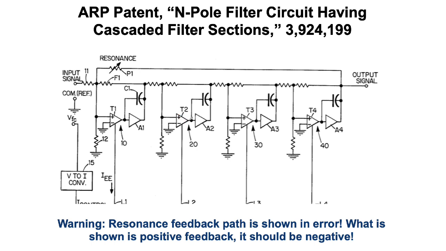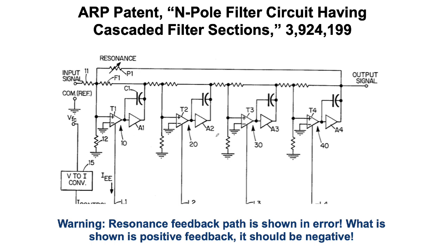The main difference is that instead of running the current output of the OTAs through caps to ground and then buffering that, here the capacitor is in the feedback loop of an op-amp. Now, don't be thrown by the fact that you only see one input here. This is really indicating the negative input, and you can imagine that there's a positive input that's grounded. Well, even though we're coming into the positive terminal here, because we have the capacitor in the feedback loop, this entire structure here forms an inverting filter like we've seen previously. And like we've seen previously, because we have 4 of them in a row, all of those minus signs cancel, and the total cascade is